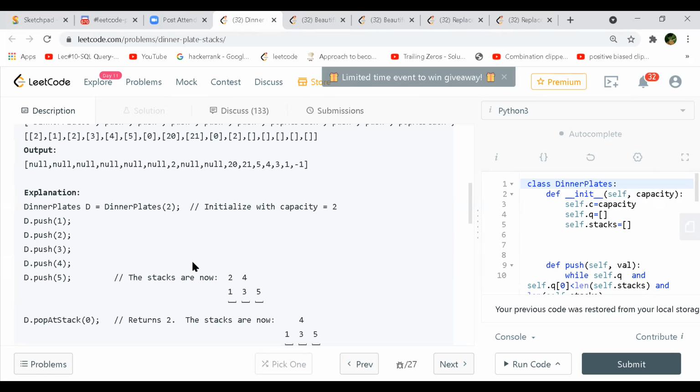If the capacity overflows, we need to create another stack, so a single stack won't work. And then we need something else to monitor that also. In the same way, I've used one list and one stack here.